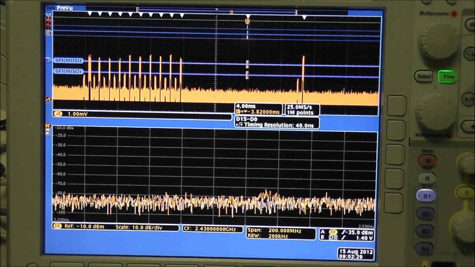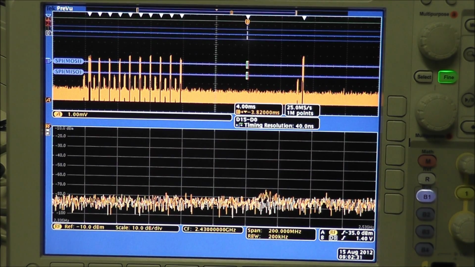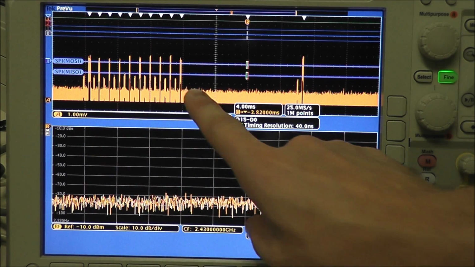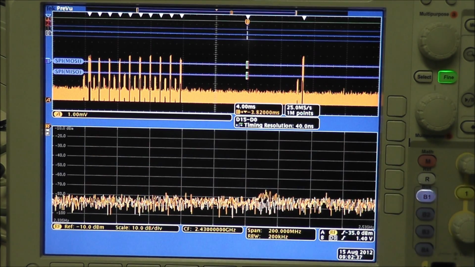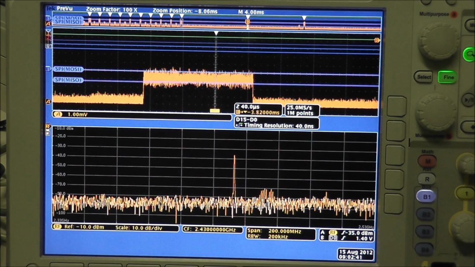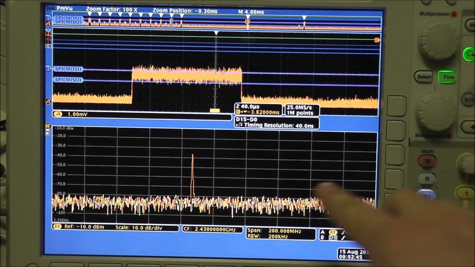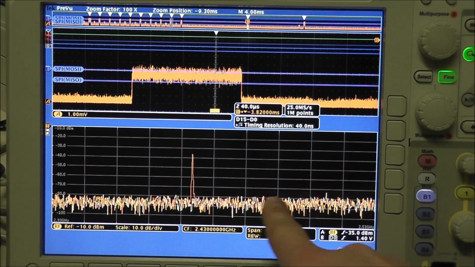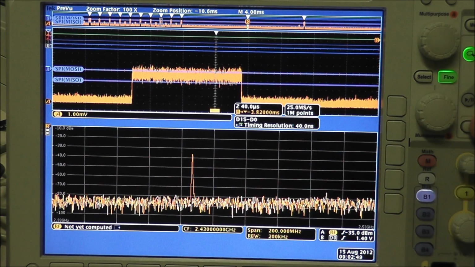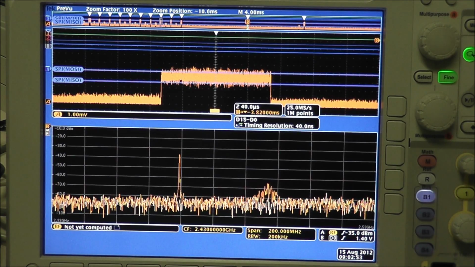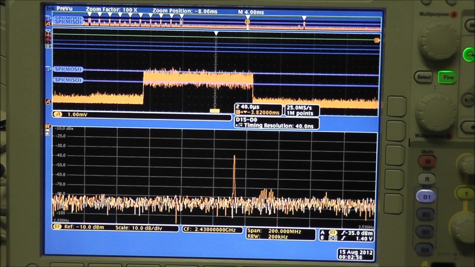So this last part is going to be on the MDO, and I'm going to have my time versus frequency domains turned on. And on the top I have my amplitude versus time turned on. And according to Bluetooth, I have a frequency that normally will hop around on a bunch of different frequencies. So I've got my span turned on these frequencies, and then my amplitude versus time allows me to hop between these different ones, and I can see my Bluetooth changing over different times right before it sends the signal to